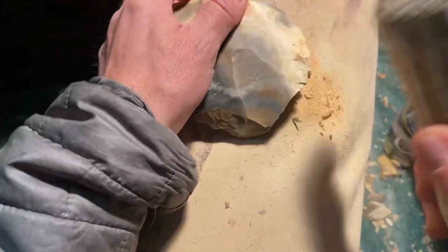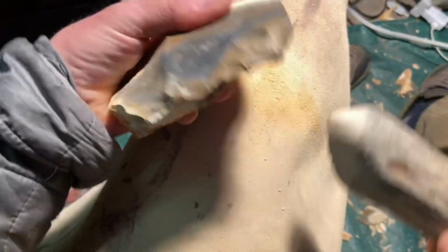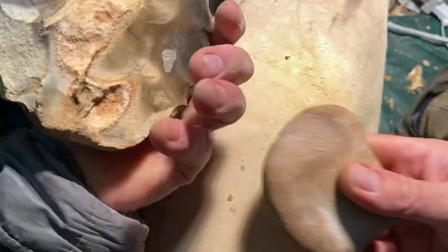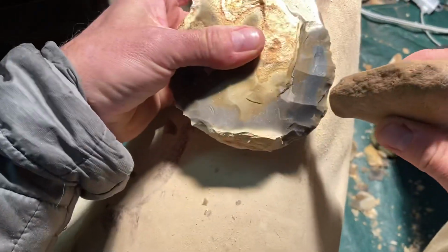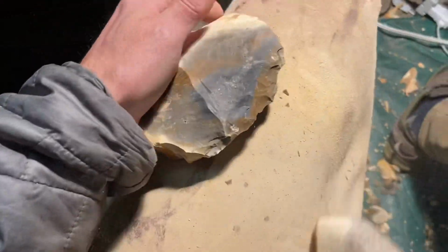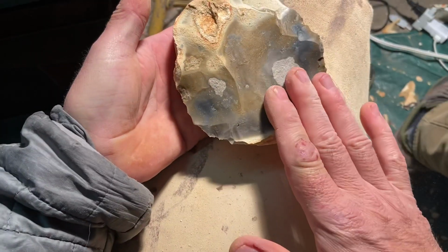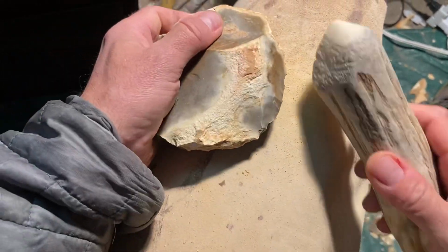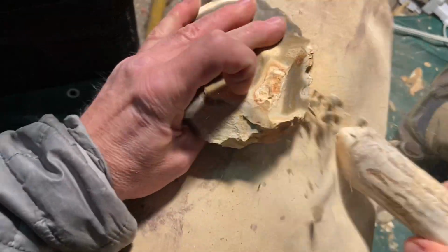And sort of just, this is too steep. That'll just hinge if I hit it there, so I'll just do a little trimming. Okay, looks like I'm gonna have to just chip this down to get through that stuff. This is kind of a weird area to get in and hit that. Let's make this our tip. Turn this over, try to...